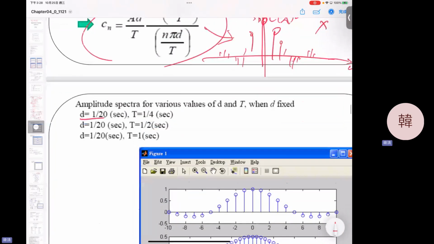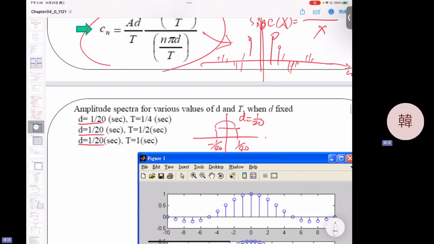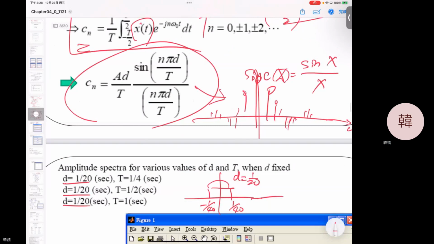Okay, if we have this d, it's 1 divided by 40 minus 1 divided by 40, so the d equals 1 divided by 20. And the next occurrence is t equal to, in this example, 1/4. So it happens here again, here minus 1, going to infinity. So you have a periodic signal, a rectangular pulse with a t like this and a